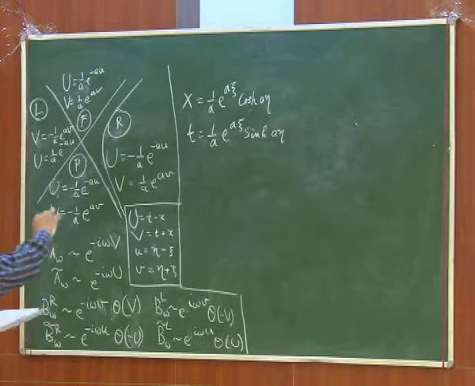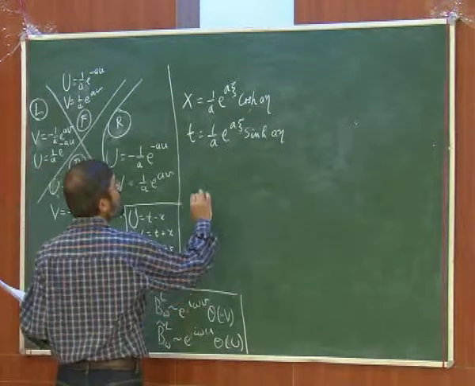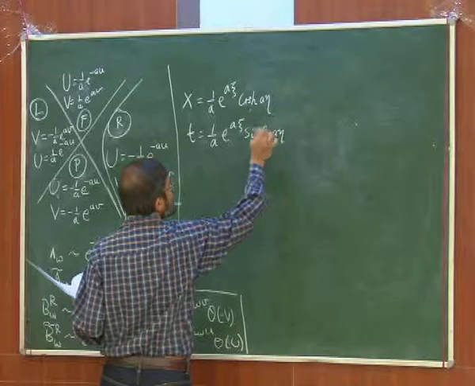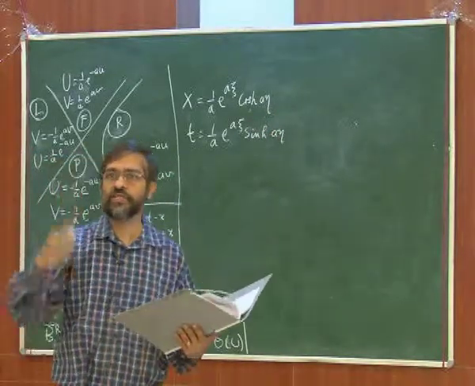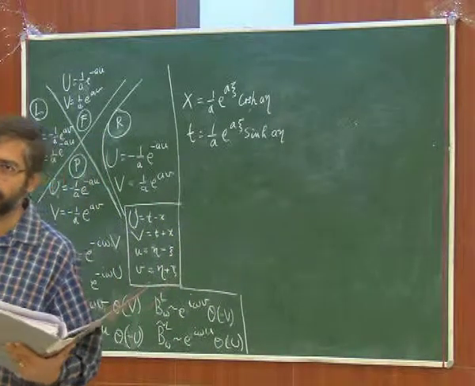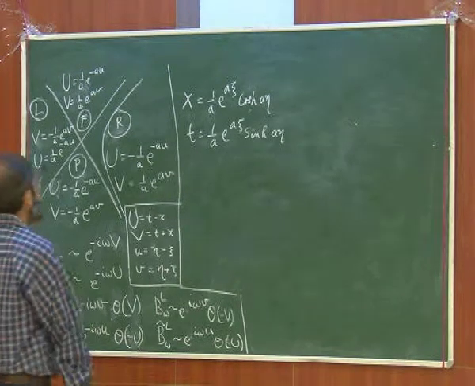So it's better to use light cone coordinates. Now eta, as I mentioned, counts time along the hyperbolic trajectories. So it's a time for these accelerated observers, and